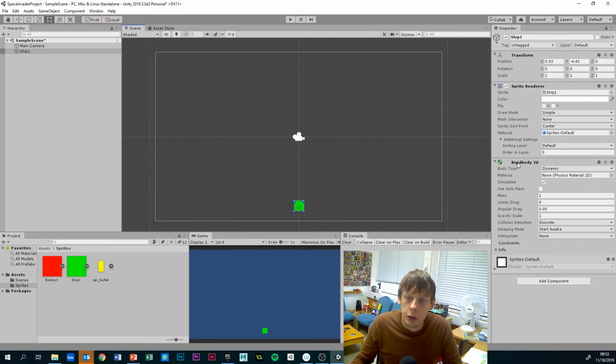So if you go to your Rigidbody 2D component just here, down at the bottom you've got this Constraints option. If you click that, there's a few abilities that you can have. You can freeze its position on X and Y and freeze its rotation. So in this case we want to freeze its Y